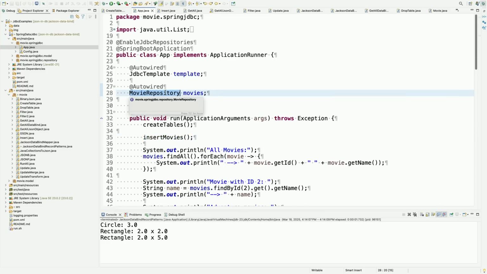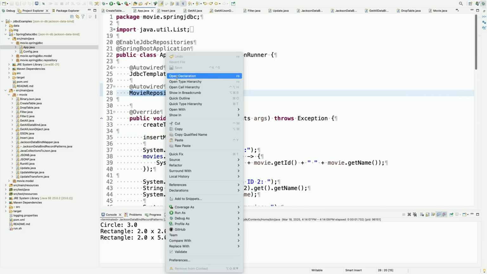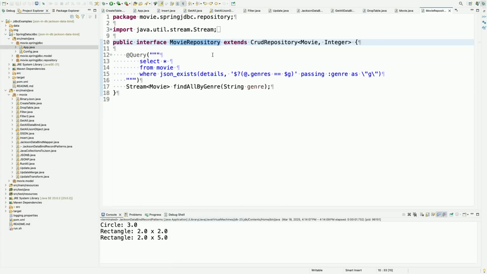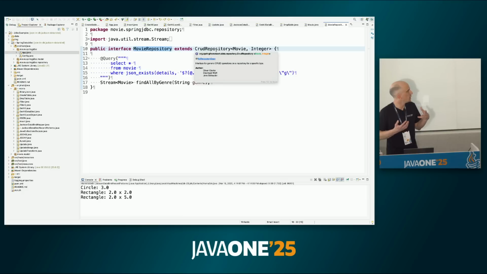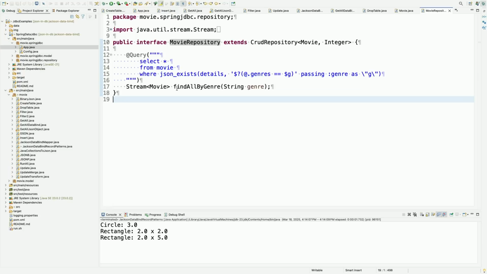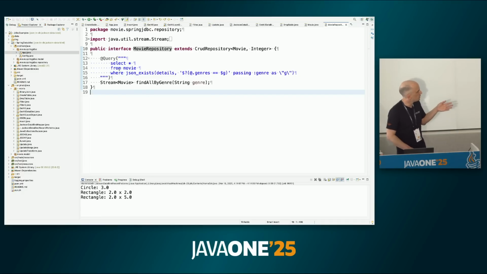And so movies repository is kind of empty. So it just extends this CRUD repository. And by doing that, it's going to give me a bunch of basic methods for interacting with the data. I've added one custom one here. So it didn't give me this find all by genre, so I said, I'm going to add find all by genre, but I'm going to give it this SQL definition here using this JSON exists function. So you can add your own, and you can still kind of add SQL where you need to, but for the most part,